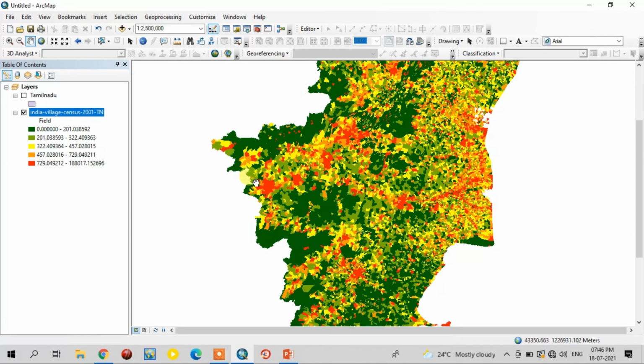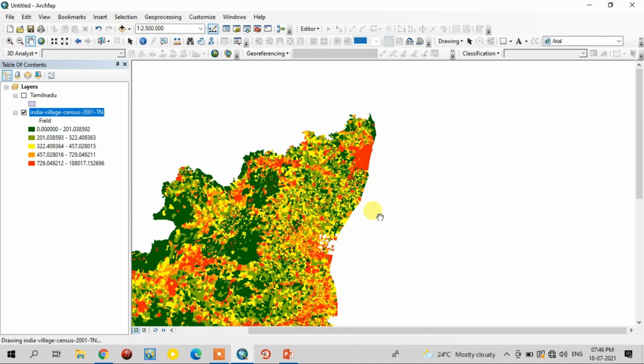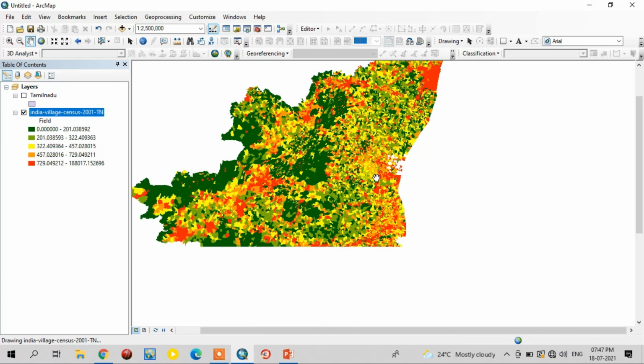This is one important city in Tamil Nadu, like Coimbatore, and here Chennai. This one also is an important city in Tamil Nadu. So here you see the population density is higher. Okay.